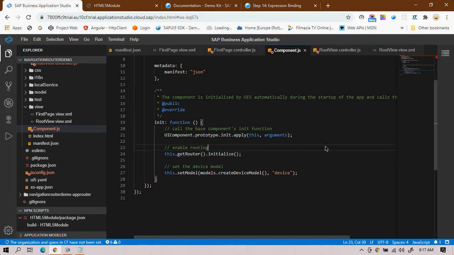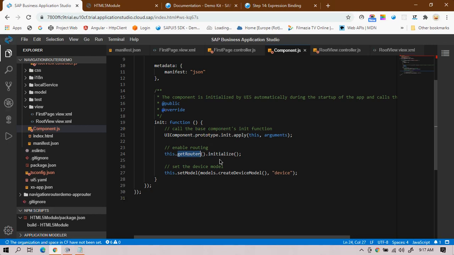But now, as we are getting the latest upgrade to the SAP UI5 versions, by default when you create an application the router is already initialized. So you don't have to initialize this, but you can at least keep in mind that in order to initialize the router, this is the syntax, this .getRouter.initialize.